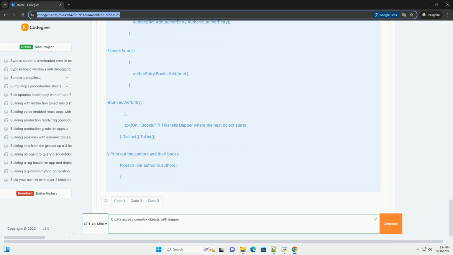// SQL query to join authors and books. String sql = @"SELECT a.AuthorID, a.Name, b.BookID, b.Title FROM Authors a LEFT JOIN Books b ON a.AuthorID = b.AuthorID"; // execute the query and fetch results. Var authorsDict = new Dictionary<int, Author>(). Var authors = connection.Query<Author, Book, Author>(